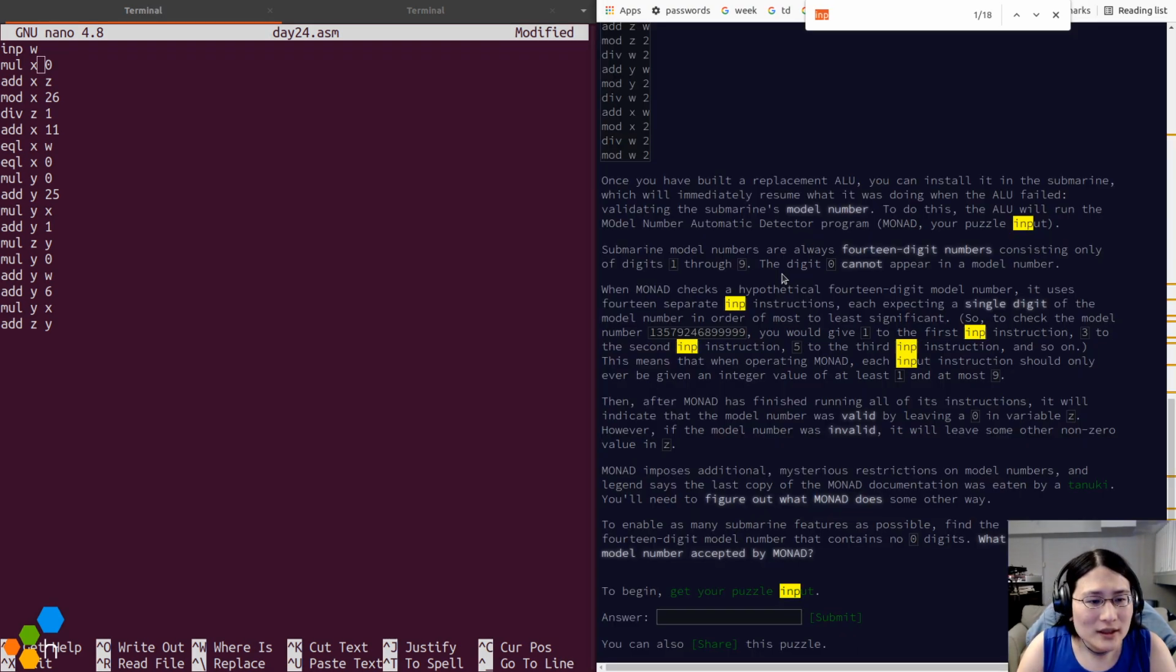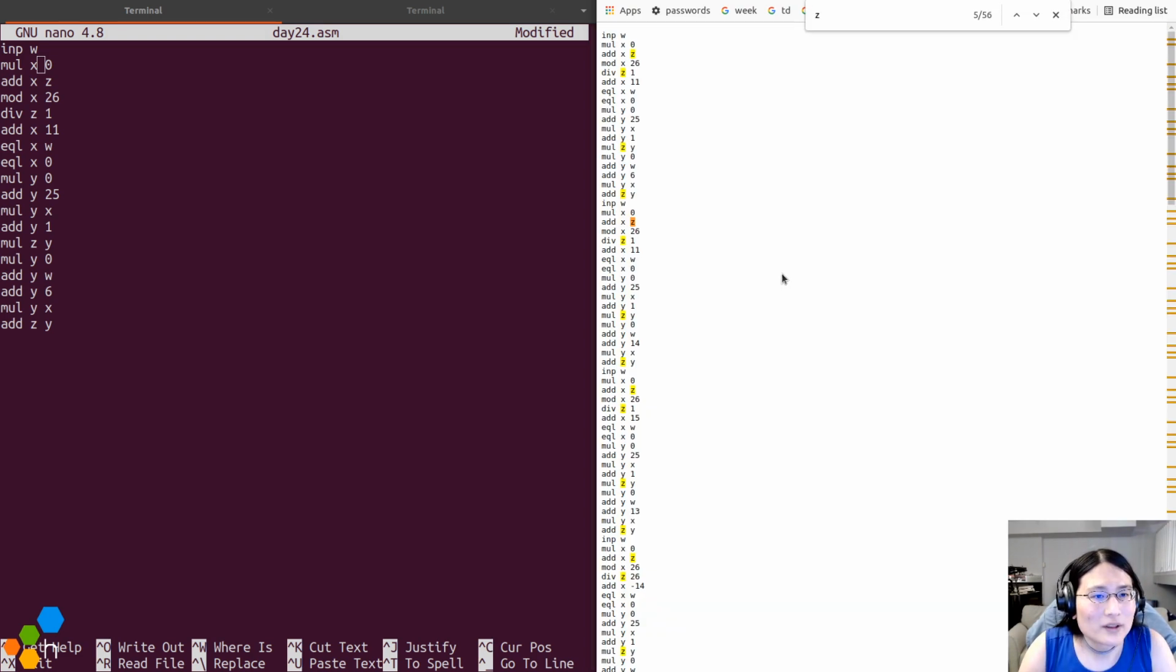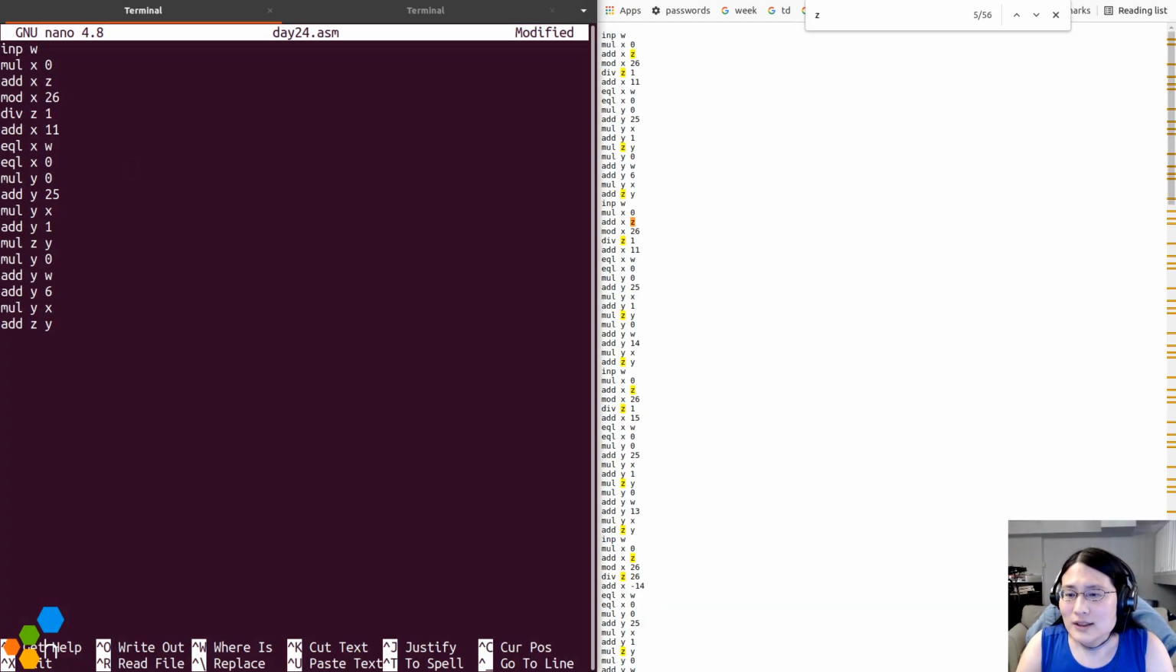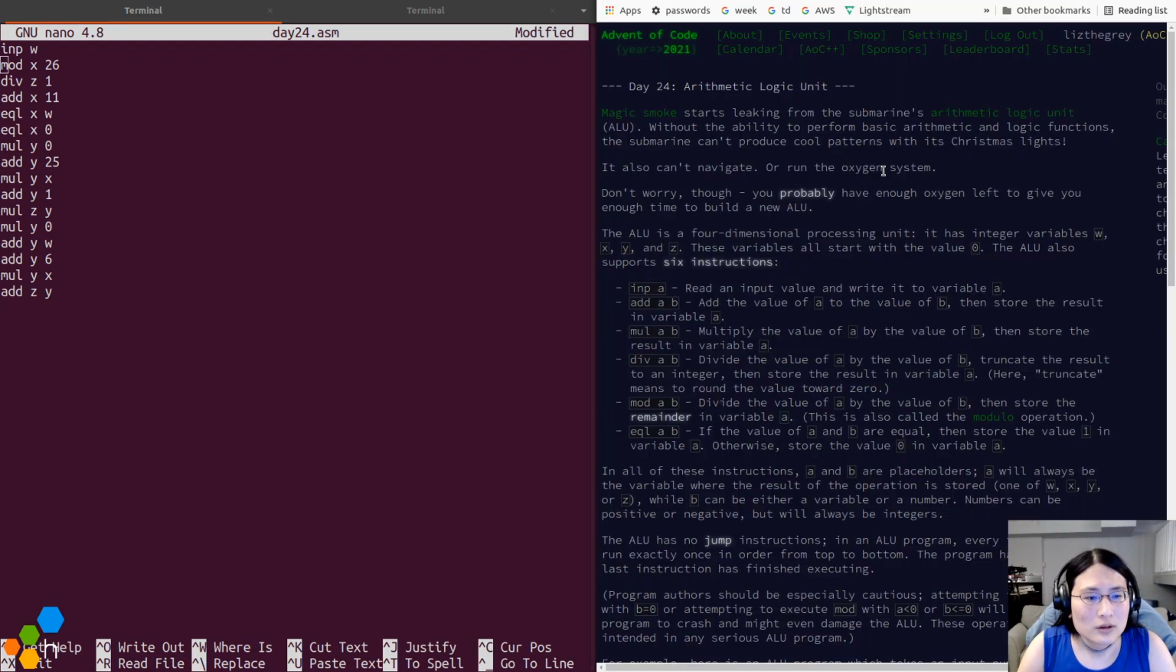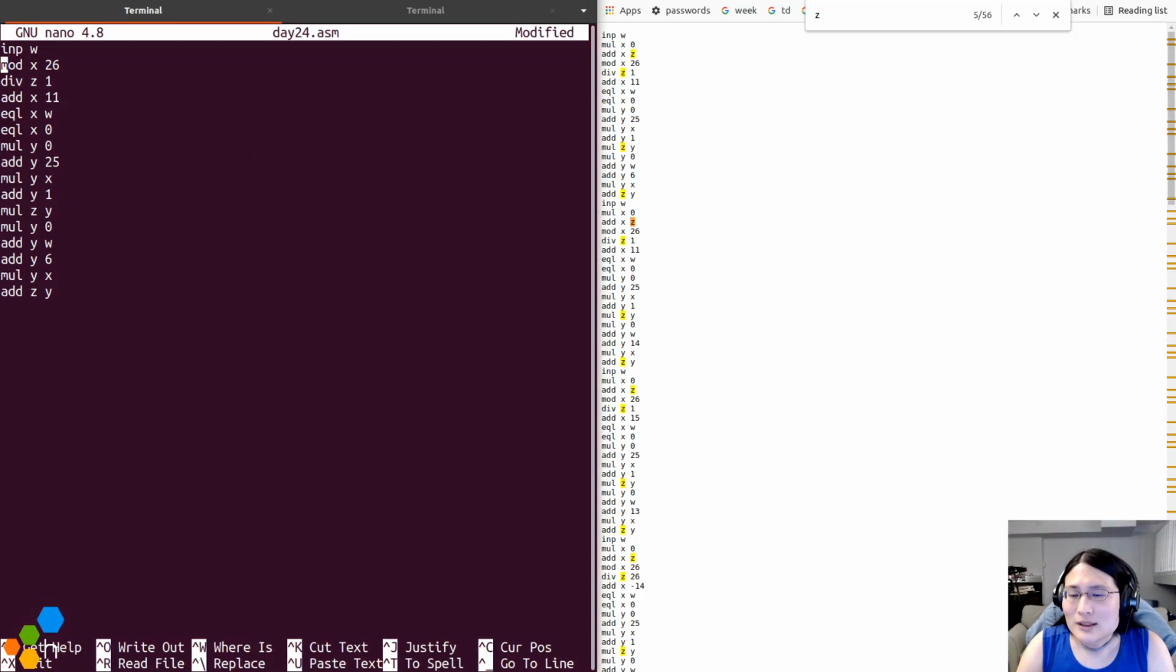Oh, did I get the initial values? All variables start with the value 0. Great. So x gets multiplied by 0, but it was already 0. X and Zulu get added together, but X is already 0. Zulu is already 0. X gets taken... Yep. 0 mod 26 is still 0. Z is divided by 1, that's still 0. Okay, so now here,